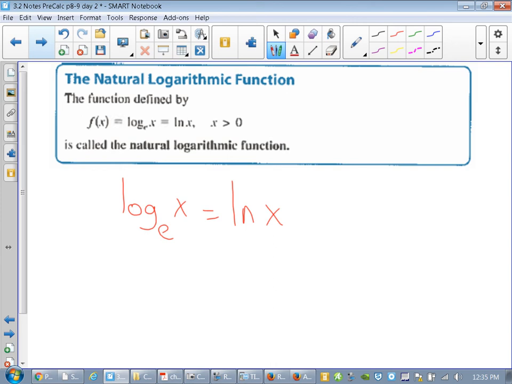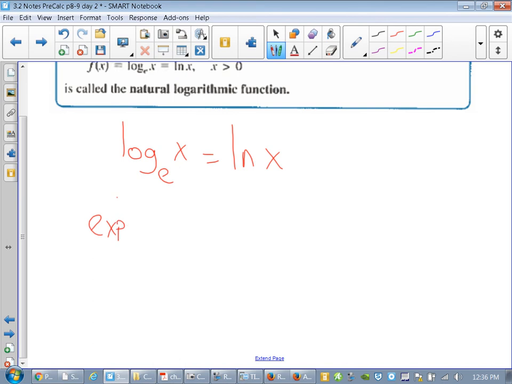What happens with natural log stuff is how you undo it. You see that a lot more in equations. For example, if you had to undo a log, you'd have to exponentiate it and they drop each other through. But one of the things that the book asks you to do is to write something from exponential form into natural log form. For example, if I want you to write something from exponential to natural log form,